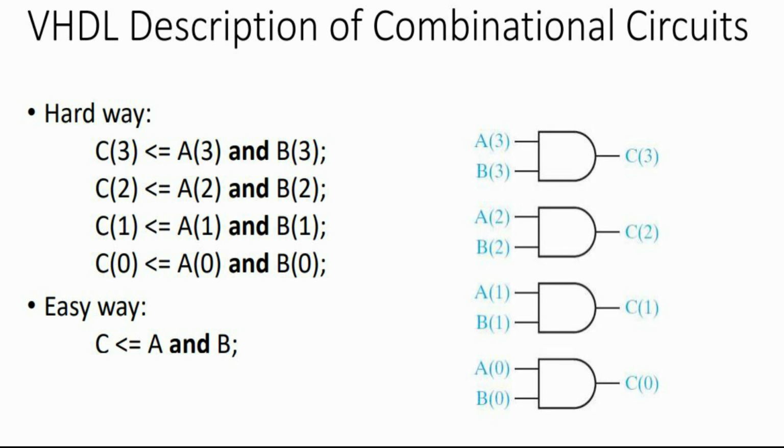Now let us write the code for the same circuit using the array concept, that is the bit vector. So we declare A, B and C as bit vectors, that is arrays with size 0 to 3. So when the bit values are applied at the inputs of the AND gate, A and B, the AND gate will perform the necessary operation and the necessary bit is available at the respective output bit C.